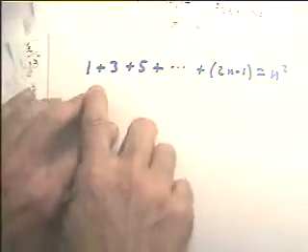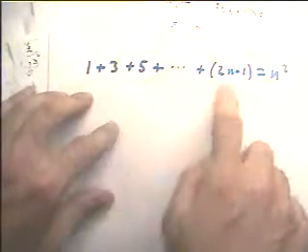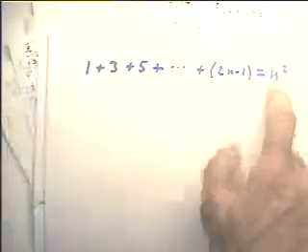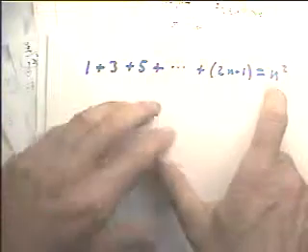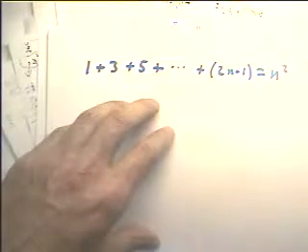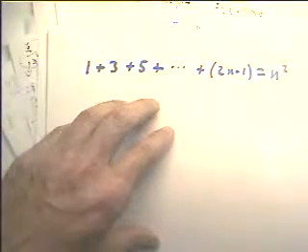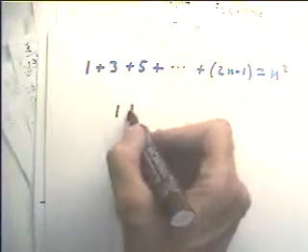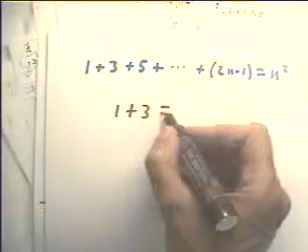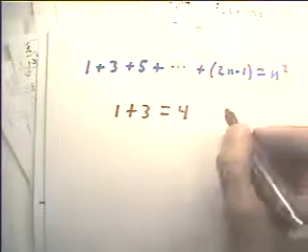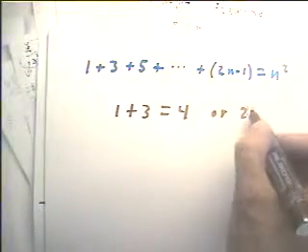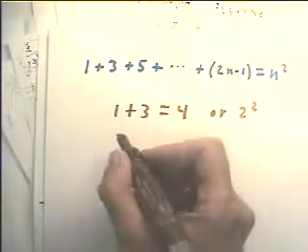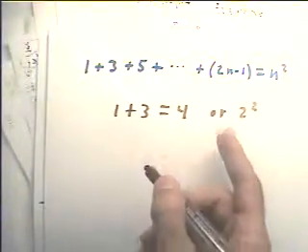Okay, if we add the numbers 1 plus 3 plus 5 up to 2n minus 1, we claim to get the number n squared. We can verify that by example. 1 plus 3 is 4, or 2 squared. And if n equals 2,